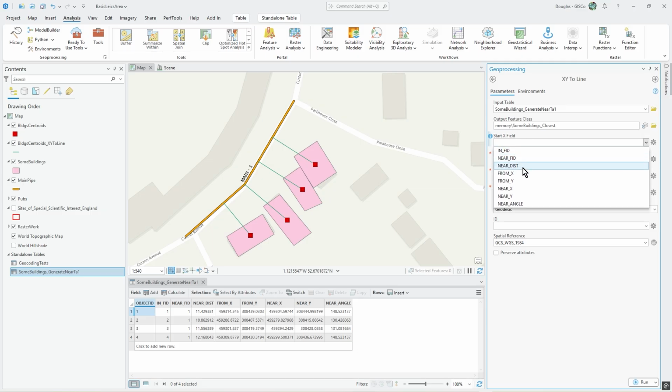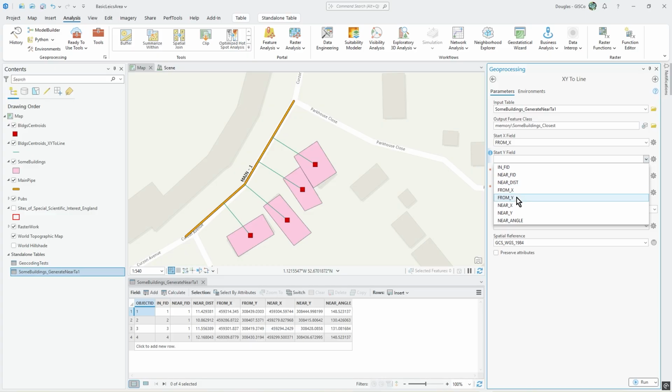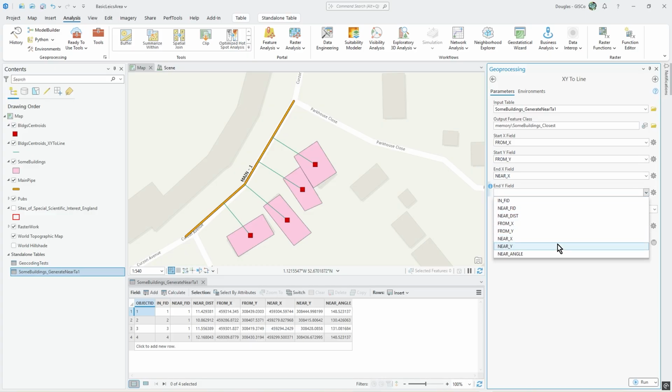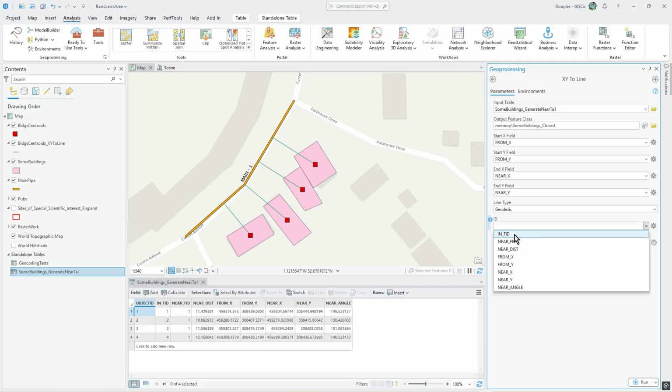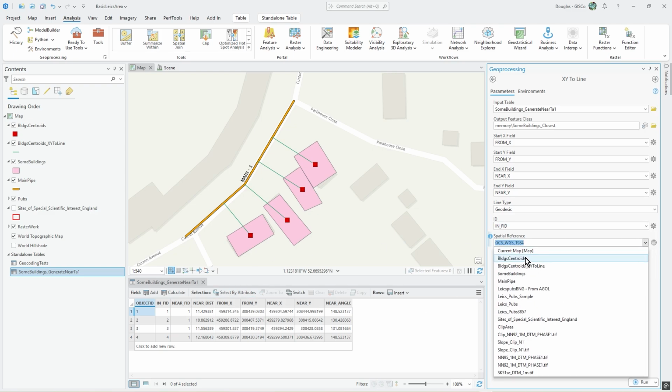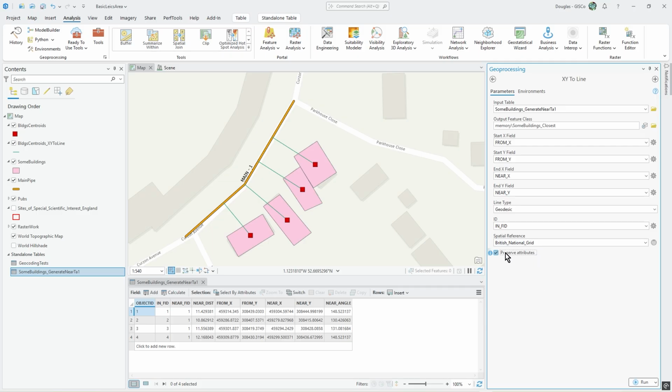Start X is from. It's all the from X, from Y, and then the nearest point that I calculated. And check this out. We need to change that. Actually, let's just change that to IN FID, which will give our house numbers, I think. But that needs to be the current map, which is British National Grid, and let's preserve all the attributes I've got in here, so we're going to end up with quite a few, but that doesn't matter. So now I run this,